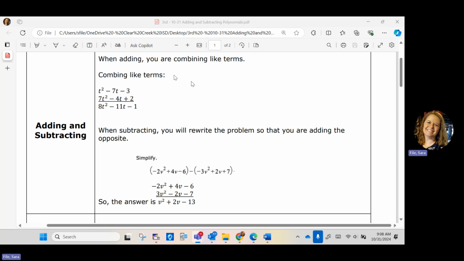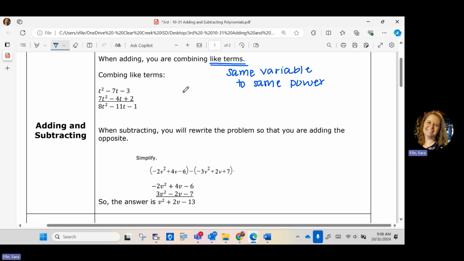But we need to be sure we understand that when we're combining like terms, they have to have the same variable to the same power. So if they have a different exponent, they are not like terms and we cannot combine them. Okay, they have to have the same variable to the same power. Then we can combine them, and we combine them by adding their coefficients, the numbers multiplied in front of the